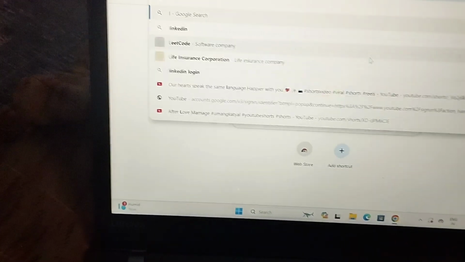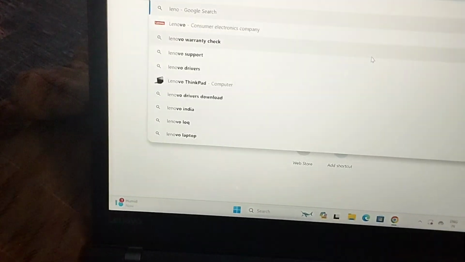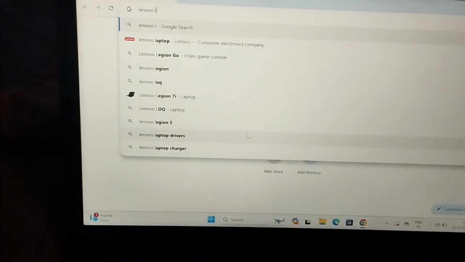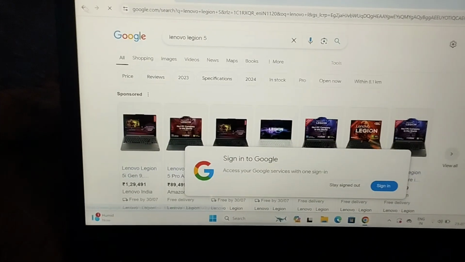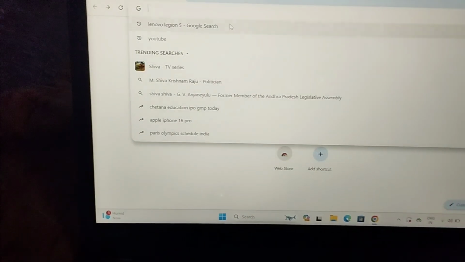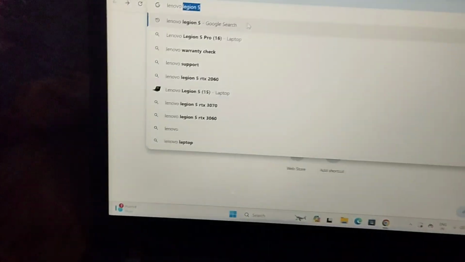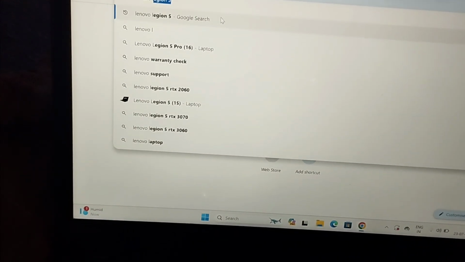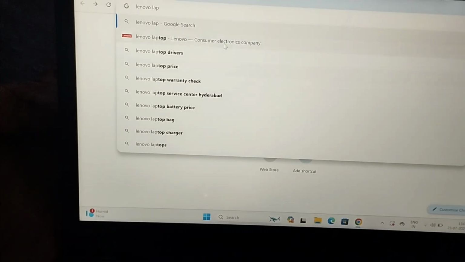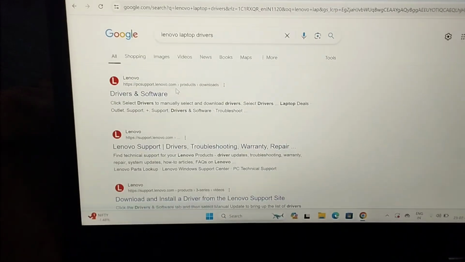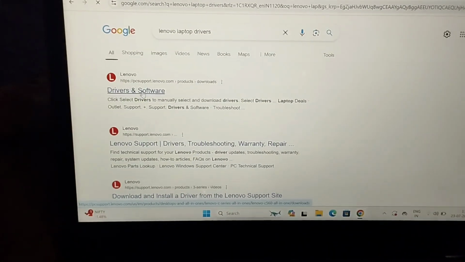Okay, open the Chrome browser and search here on the search bar: Lenovo ThinkPad laptop drivers. Okay, so type here Lenovo ThinkPad or Lenovo laptop drivers. Okay, we will show you how to update and download the genuine driver for the Lenovo laptop T470 model. The search, this is the first option, and Lenovo laptop drivers, and this is the first website link, drivers and